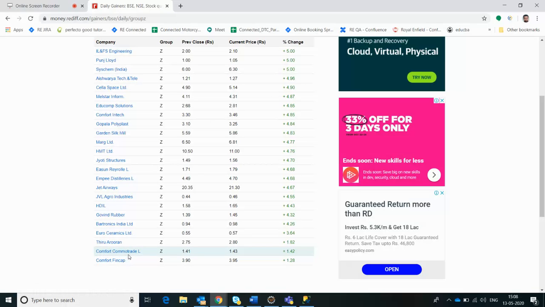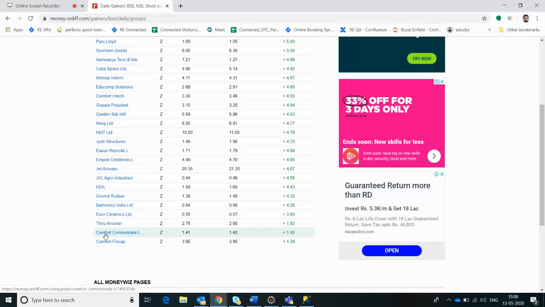This common trade limited company would not always be here, right? Based on pricing and grouping, it may change. After 5 minutes, this JVL Agro Industries company could be at this place, or there could be a new company altogether here. So we cannot say that this data is static. It will keep on changing.